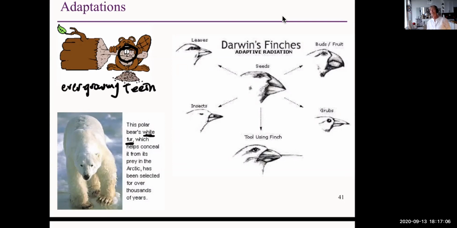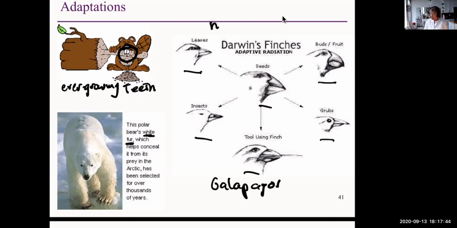Darwin studied finches on the Galapagos Islands. I was lucky enough to go there when I was doing my grad work, and I absolutely loved it. It was like following in Darwin's footsteps. It was really neat, and I saw some of these finches. So the Galapagos Islands are a fairly recent phenomenon, just 1.5 million years or so. And all of these finches here, these are all different species, but they are the descendants of one species.